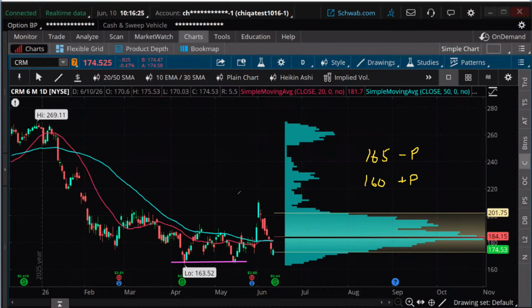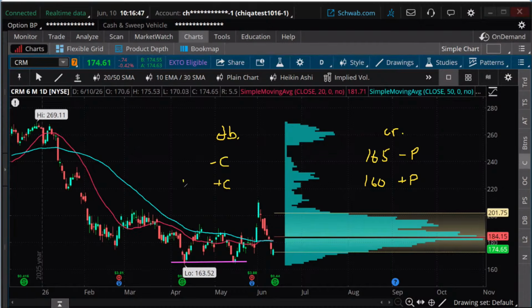If I'm doing a long call vertical, remember, this is a credit spread over here, that put vertical. If I'm going to do a debit spread here, I'm going to do a call. I'm going to buy a call, buy the lower strike. I'm going to sell the higher strike. Okay, same in that regard, except they're calls. I could do the 160, 165, and you know what?